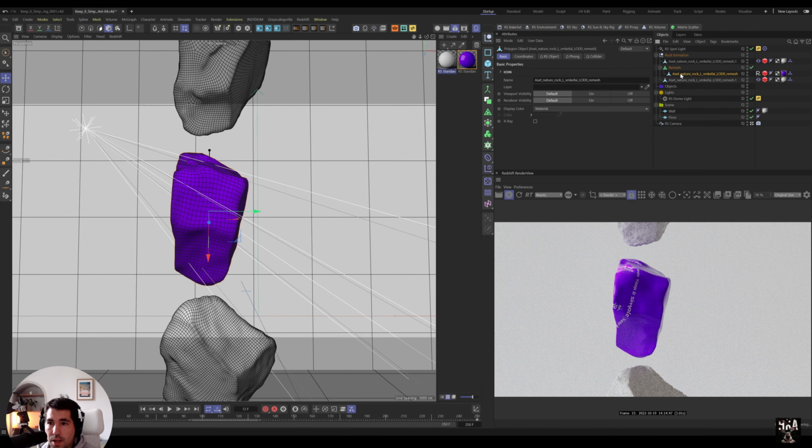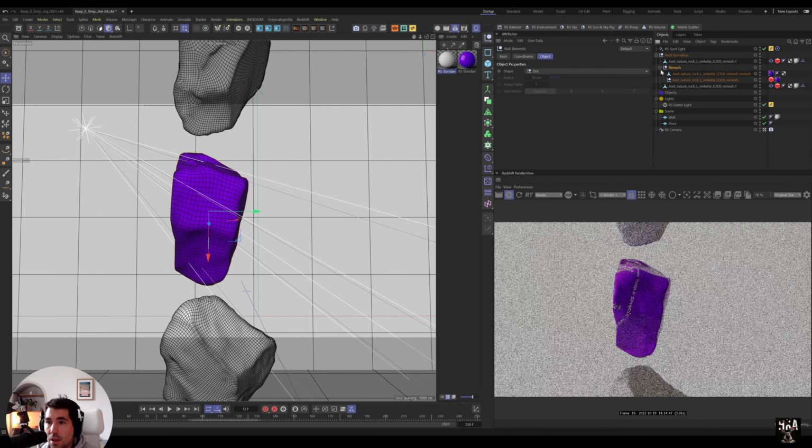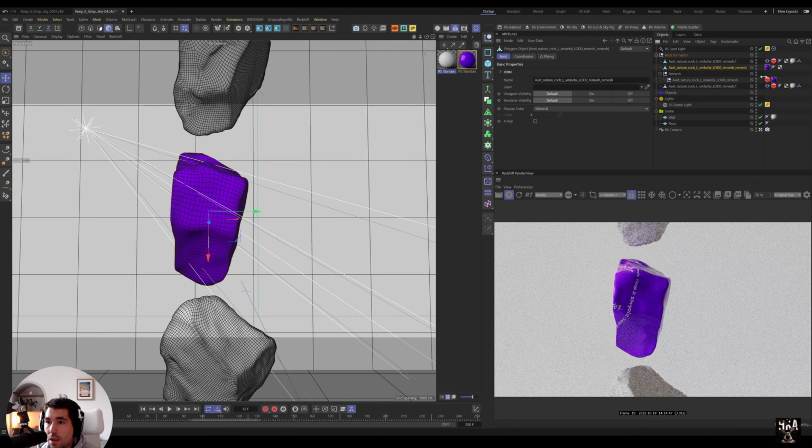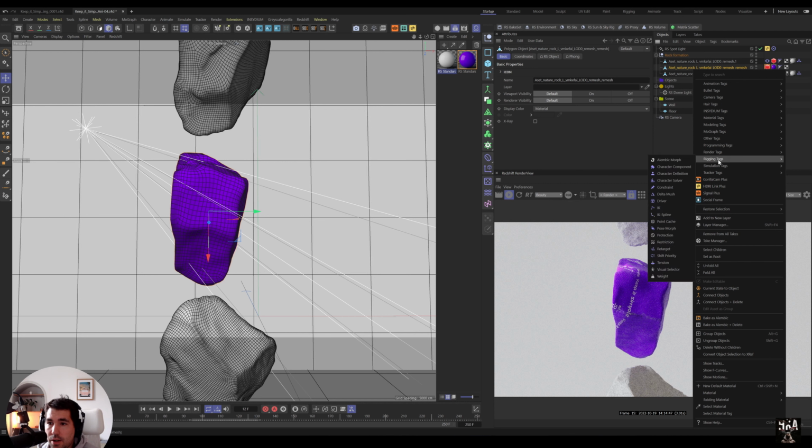So if I do that, press C, put the object back there. So we still have a displacement, so it doesn't look like it's that remeshed. But now I can put the cloth tag on it, simulation, cloth,